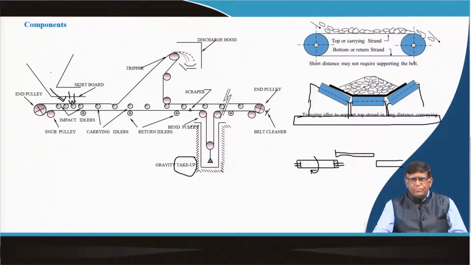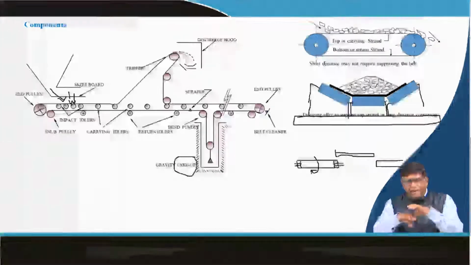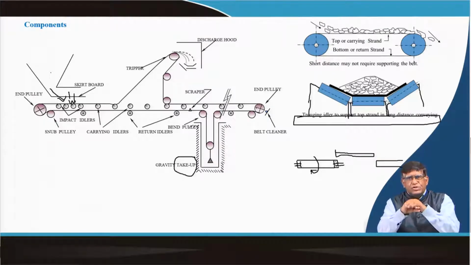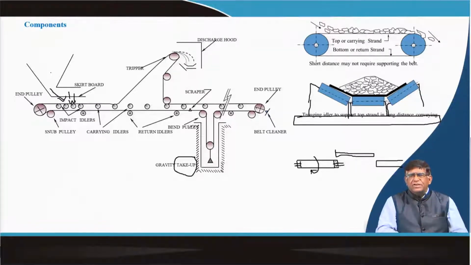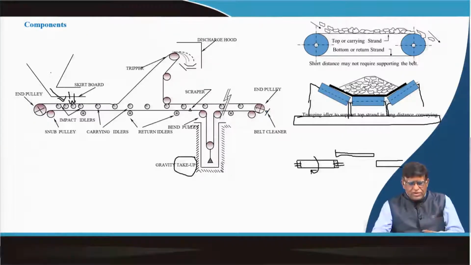Because suppose this pulley is driving, that belt is getting the drive of the drum. When the drum rotates, the conveyor belt gets the motion by transfer through friction between these two. Now, if there is a gap or if it is loose, then it will not be able to properly give the power transmission; it will not take place. So, that is why you have to have a take up, and then this is a bend pulley. That means wherever the conveyor belt is to take a turn, we have some bend pulley.